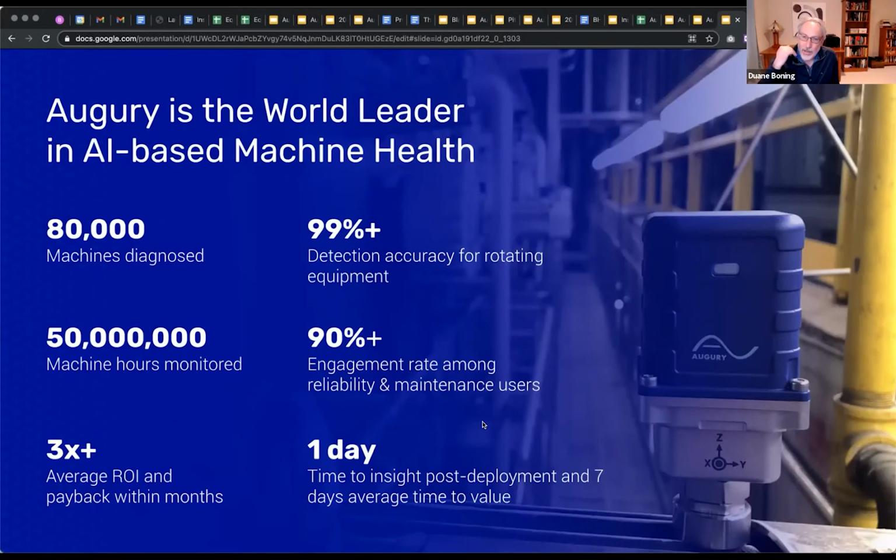Is that on prediction ahead of time, or is that on detecting or not? Whether I see your 99% detection, and I'm curious about the detection versus prediction of failure. Sure. Typically, most of the issues on these types of equipment are slow developing, so our prediction is typically months ahead of time. Okay. But